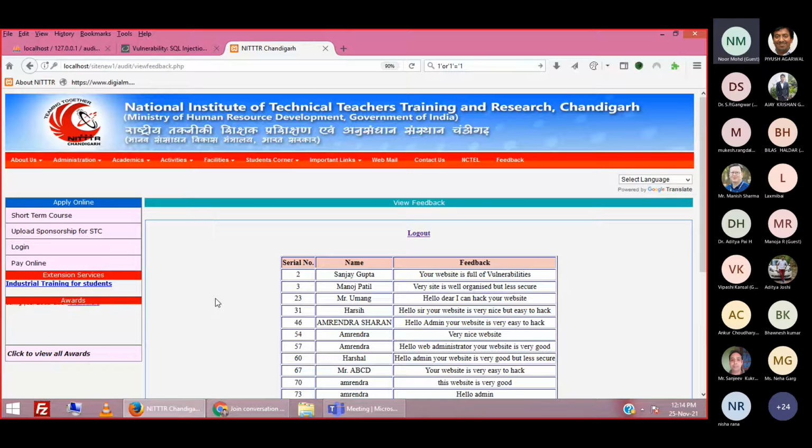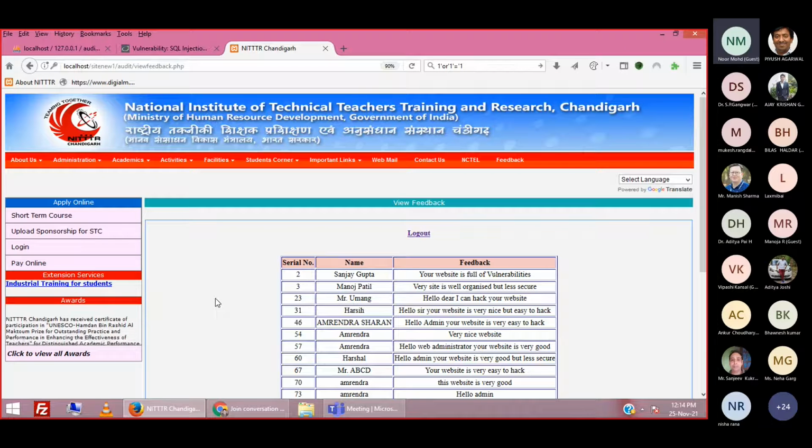Also we can have the row values, right? So while sitting remotely, we can use SQL injection on any website and get more and more detail from the database. And at last, we can have all the details.